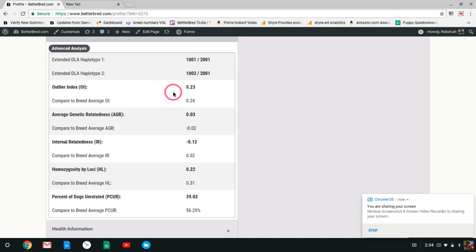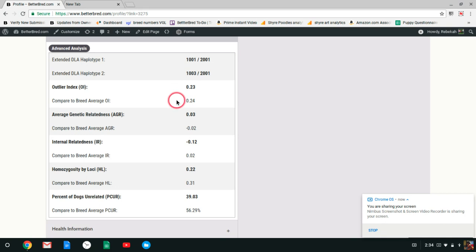So the next things we're going to look at are numbers that will change from generation to generation and are just descriptors for each individual dog's genome genetics. What do I mean by that? The outlier index, I call it the pulse of a bottleneck in a breed. So the lower the breed average OI, the more likely that breed has a bottleneck. In our variety, but I'm going to talk about us like we're a breed, so you'll have to forgive me,